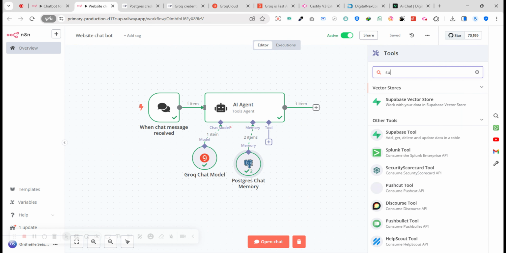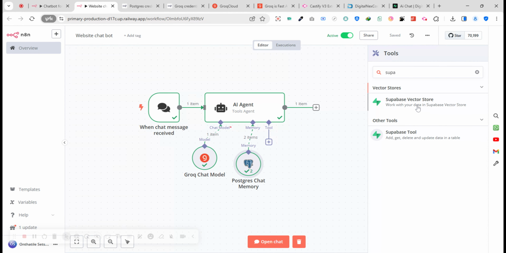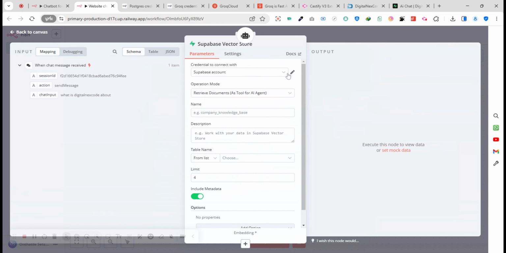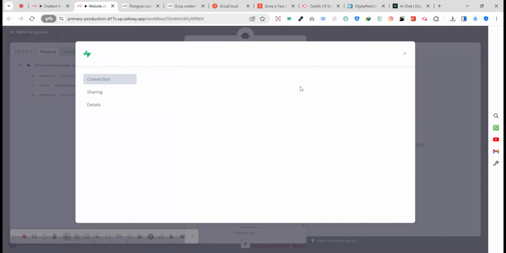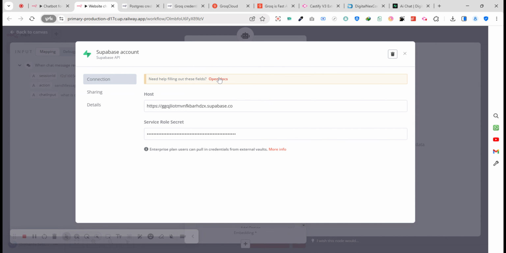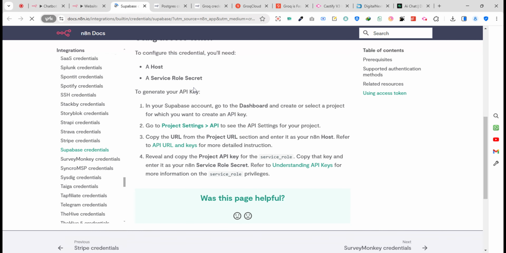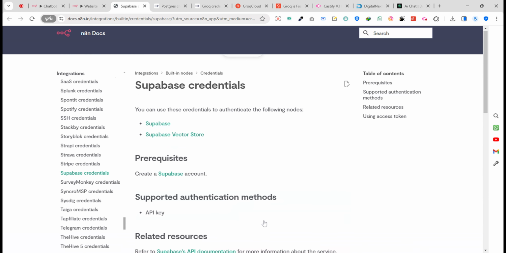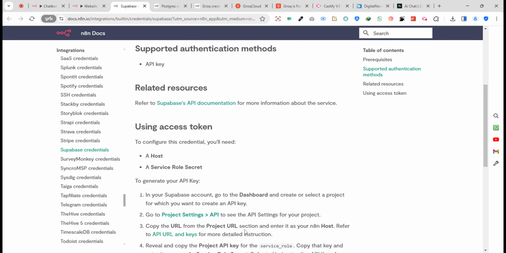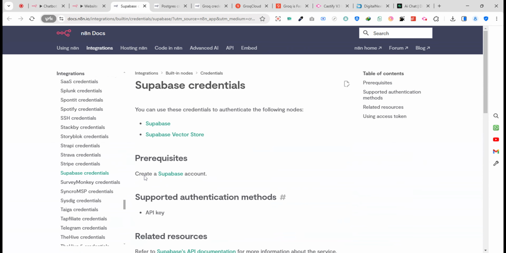What you're going to do is come here and say Supabase vector store, and select this one. As you can see, I already have a vector store, but if you don't have one, you click here and select open documents. Then after you open the documents, you'll see it here. You understand? So you are going to go here, API documentation, not API documentation, but